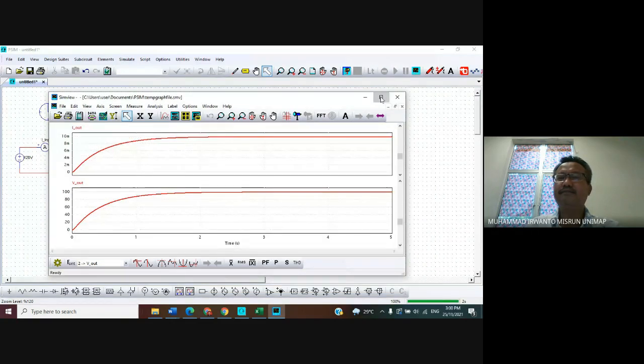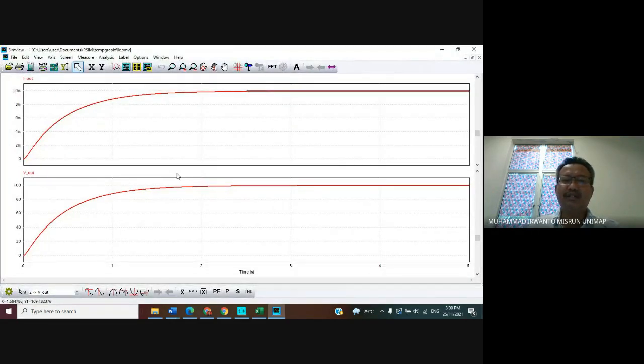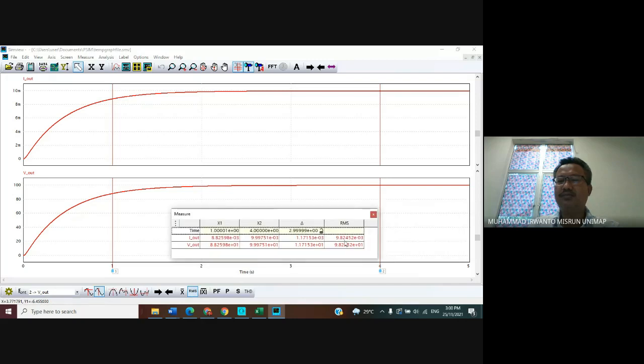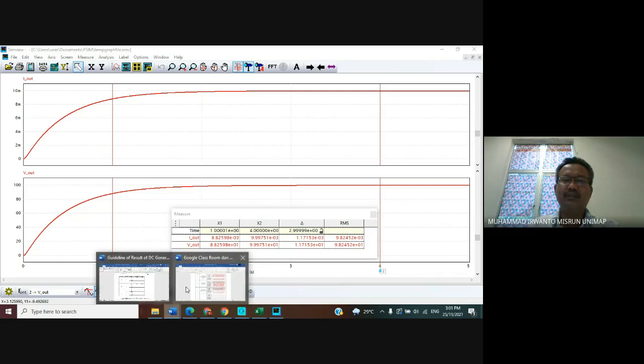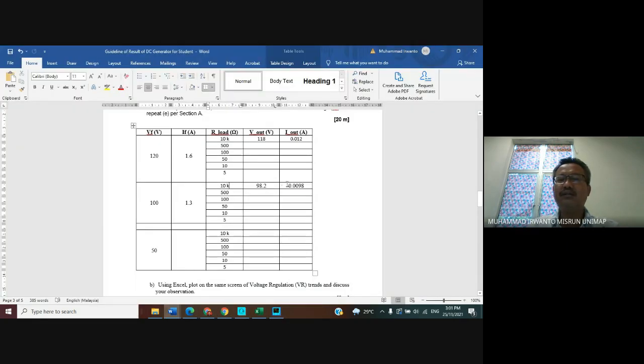And then after that, we want to observe each RMS. Click menu bar RMS. Now we obtain it. This I output RMS is multiplied by 10 to the power minus 3, so 0.0098 or 0.01. You write it here.